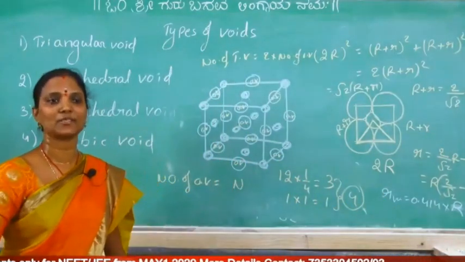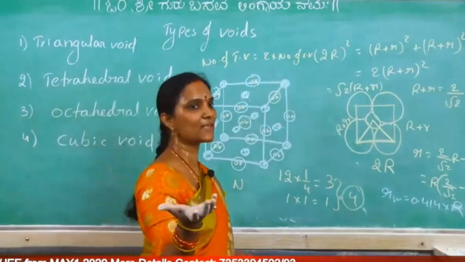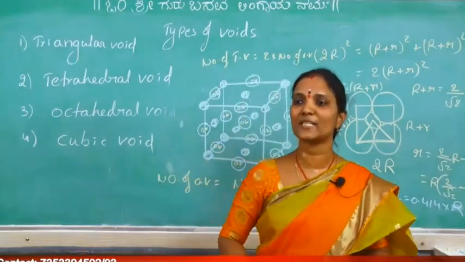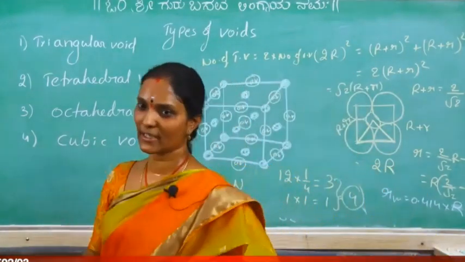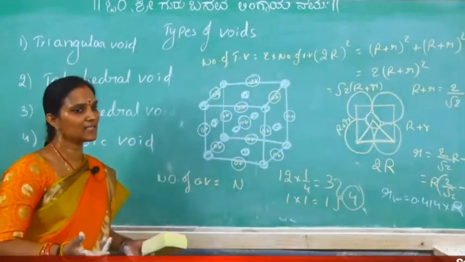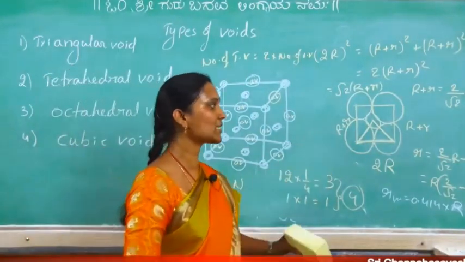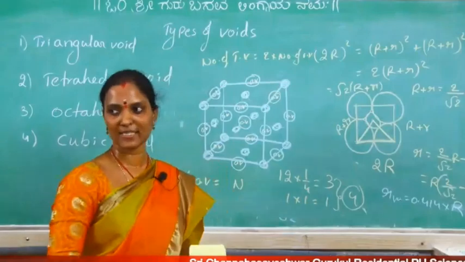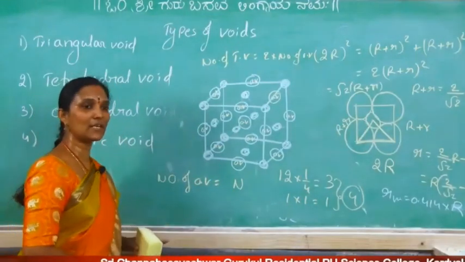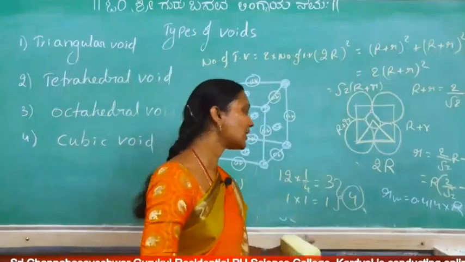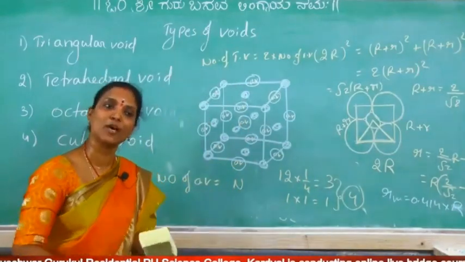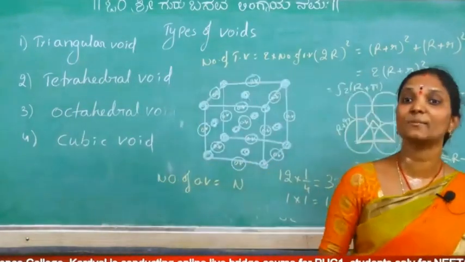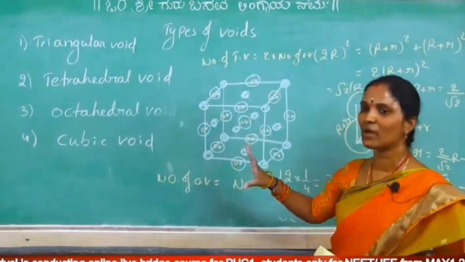Okay, this is about the octahedral void. Octahedral void means first layer 3 particles, second layer 3 particles; if they are arranged in different positions, then the middle empty space we get is the octahedral void. The coordination number of the octahedral void is 6, and from the cross section we can derive that the radius of the void is 0.414 into the radius of the sphere. The positions are the body center and edge centers, and the number of octahedral voids is 4, equal to the number of spheres, nothing but the number of particles.